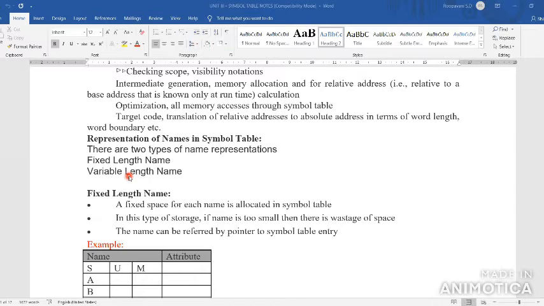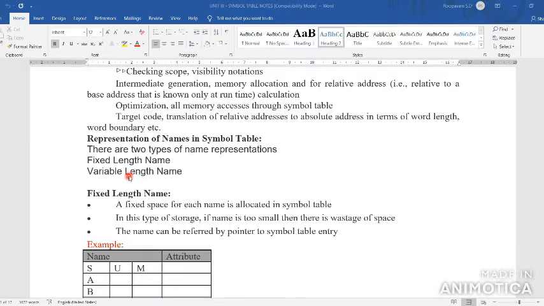For example, if the next name is BASED, then B is for 1, A for 2, S for 3, E for 4, D for 5. So you are having five positions, and in those five positions I store the name BASED, so no space is wasted there. Fixed length name means you specify the name with its data type, and the data type will be stored along with the name in the symbol table format. Once it is a fixed length name, you allocate only that space for the given entry. The remaining space is not used for the given data format.